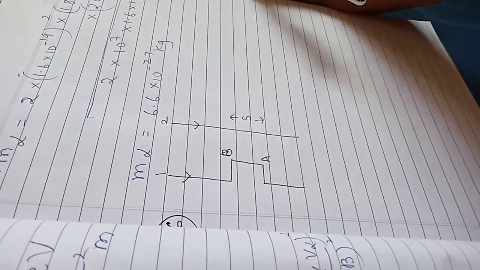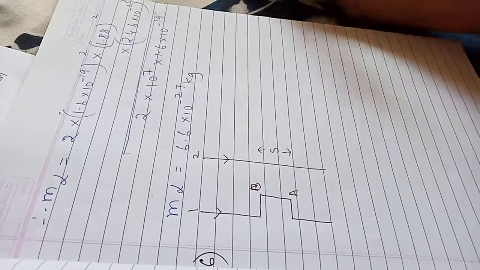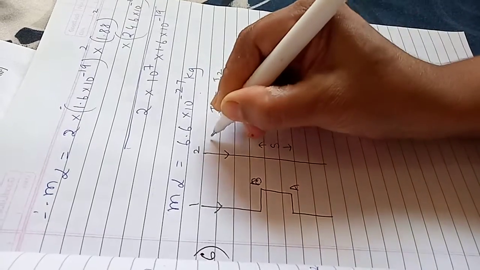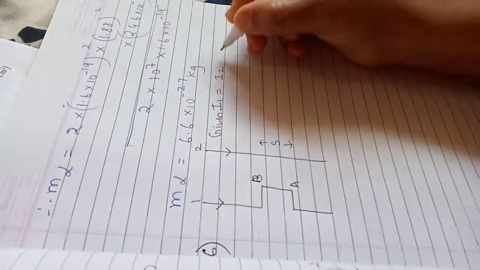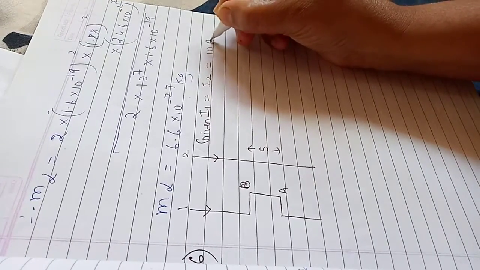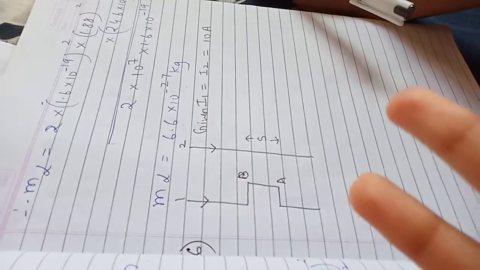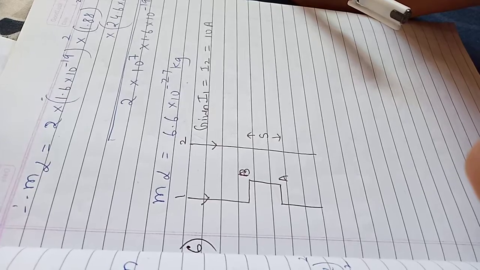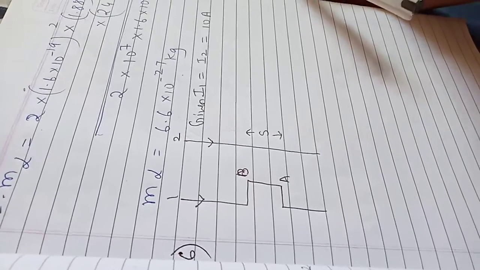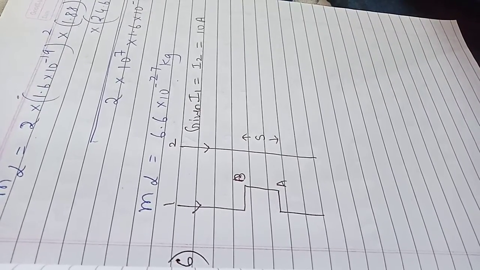Two wires shown in the figure are connected in series circuit and the same amount of current, 10 ampere, passes through both of them. Means current through the wire 1 is equal to current through the wire 2, and that is 10 ampere. Passes through both but in opposite direction. Means the force is the force of repulsion. If the direction of current in both the wires is same, it is force of attraction. But here the direction of currents are opposite and hence the force is force of repulsion.